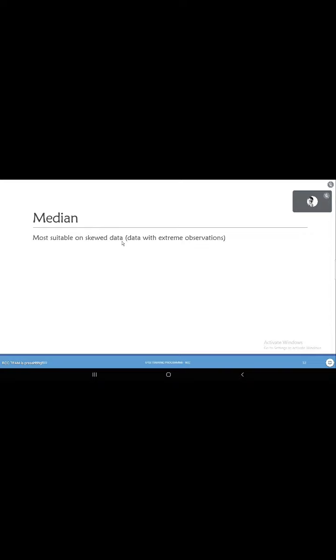Okay, median is also a measure of central tendency, but it is most suitable for data which is skewed. As in the example that I showed earlier, there will be some extreme observations in your data. In such a case, instead of mean, it's ideal to report median. Now, how do you know whether the given observation is skewed or extreme?